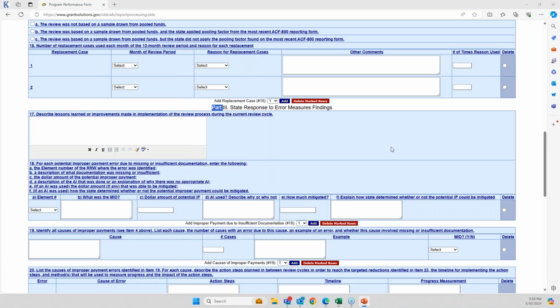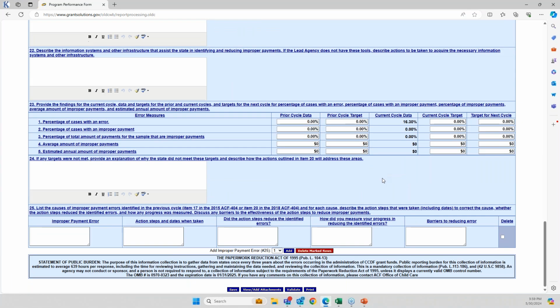All right, so going to the bottom, when you are completing this item in the OLDC, this first box should auto-populate with the error cause.